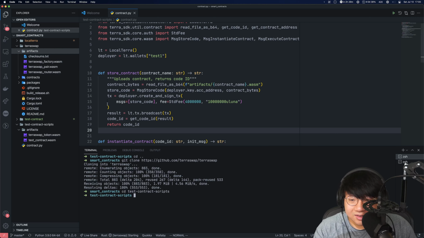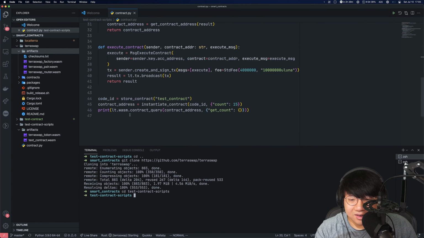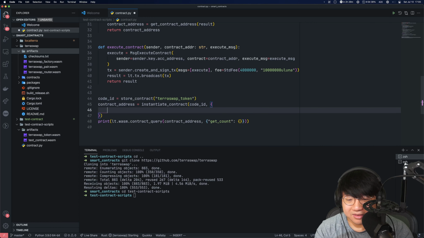All right, so let's store the code and instantiate our own CW20 contract. Okay, so instead of storing test contract, we'll be doing TerraSwap token. Instead of doing this one, we need the TerraSwap init message.